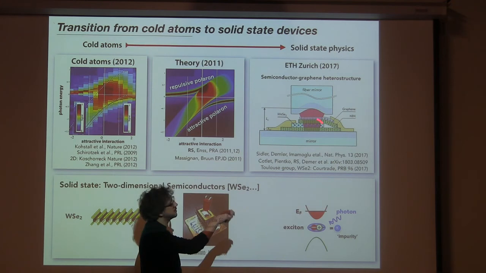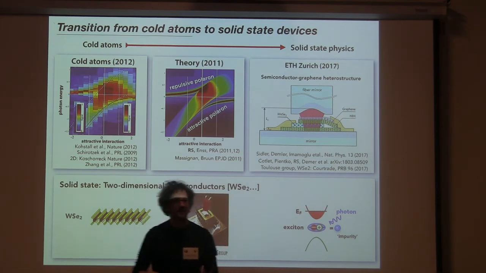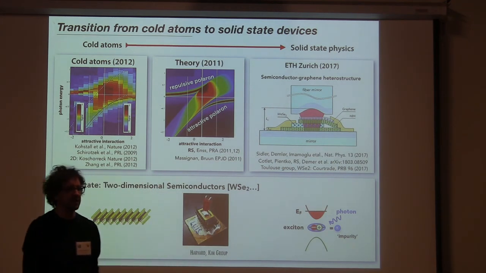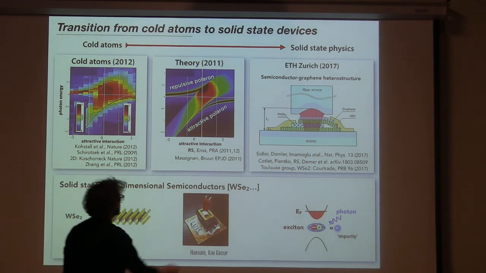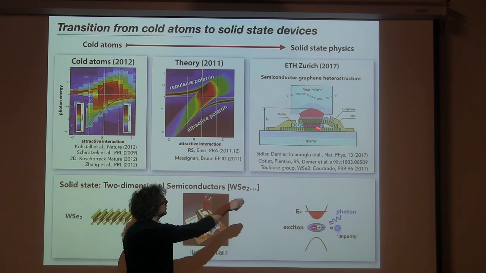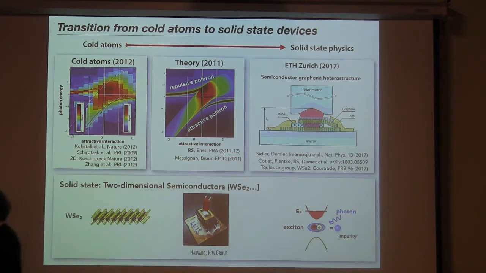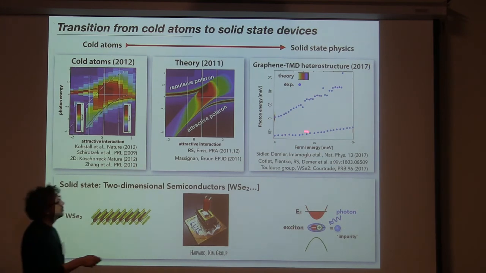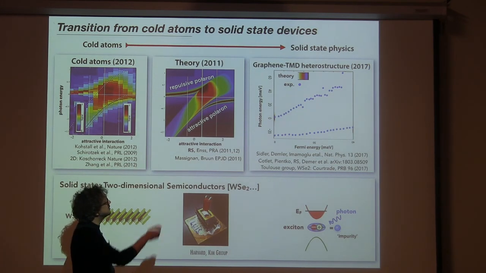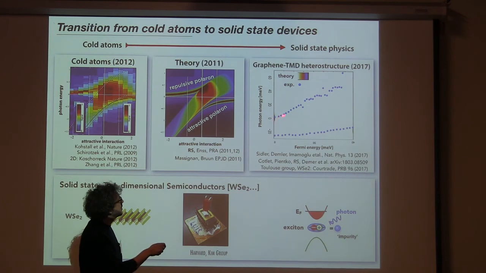And the nice thing about graphene is, although it's a metal, we can still put light through the graphene. So we can still shoot the laser through graphene and we still hit the semiconductor. And then we can actually have the electrons in this semiconductor and try to see the physics which comes out in cold atoms. And here we tune the Fermi energy now versus the photon energy, and one finds here absorption